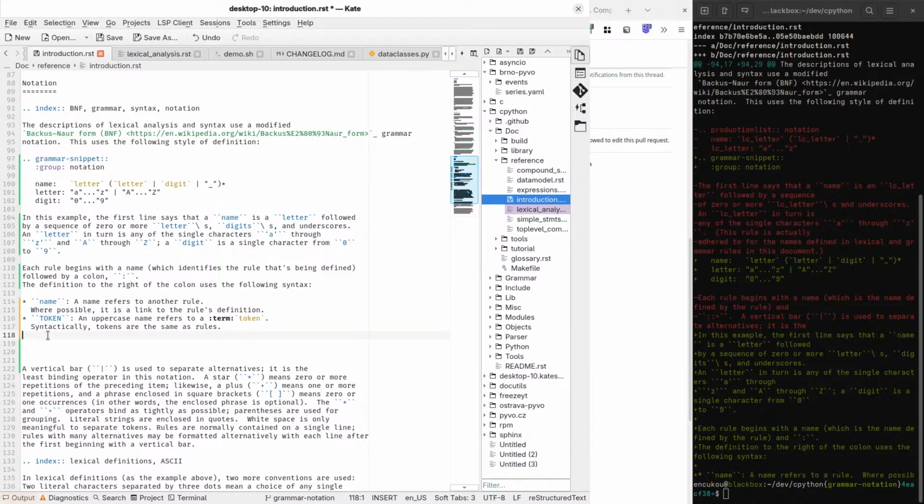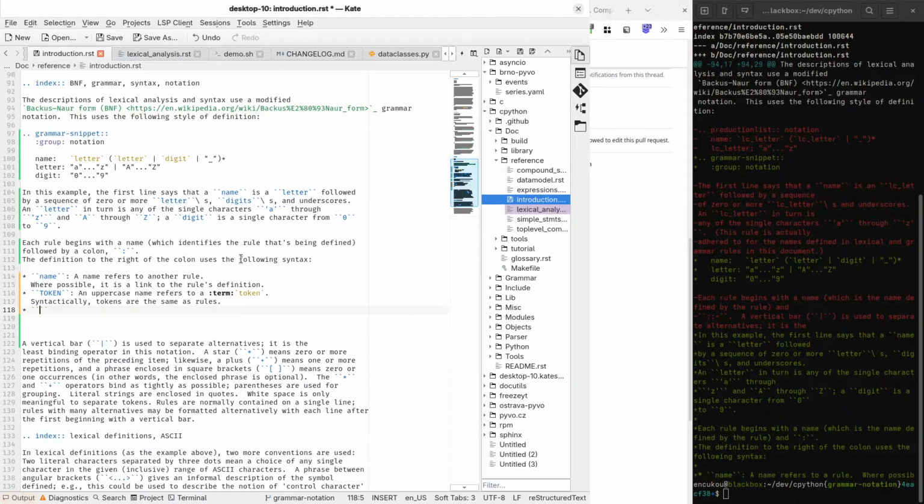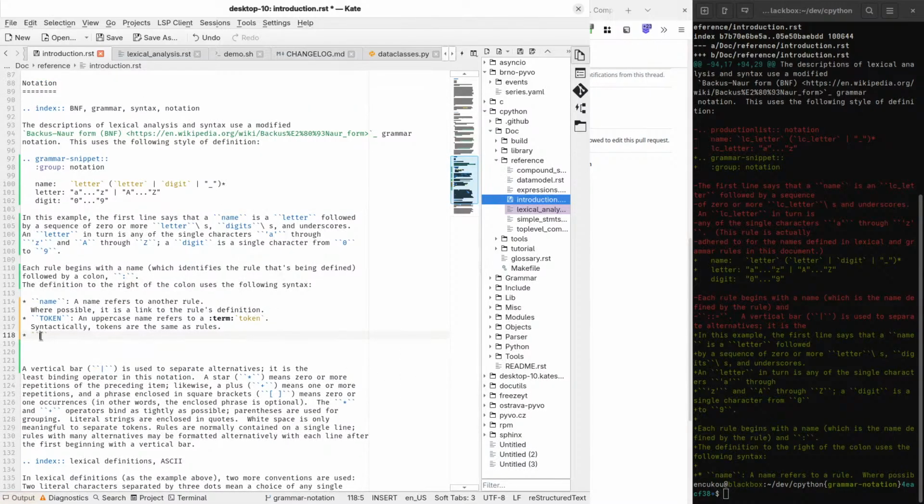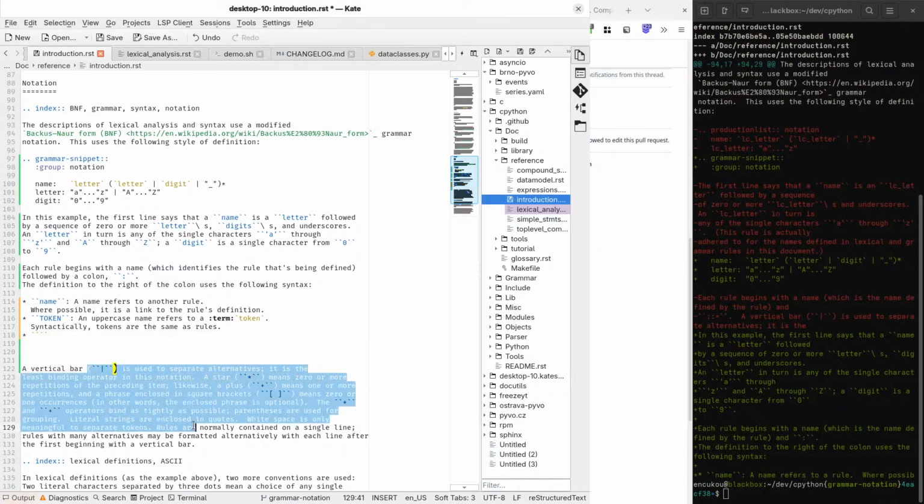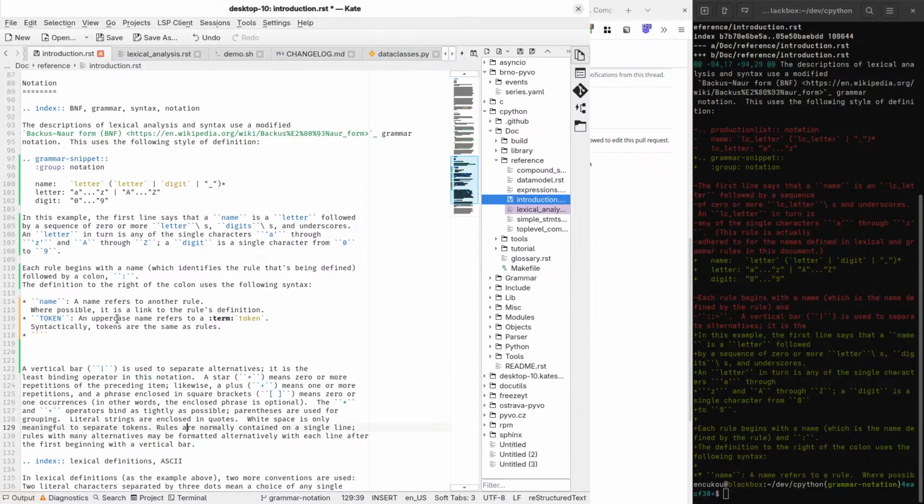I'm looking at the commits or the preparation we made in January, I think, or so, for hints on how to word this. So basically, I want to expand this into a list because there'll be a lot more stuff than in this paragraph, and the paragraph is a little hard to read. So vertical bar.